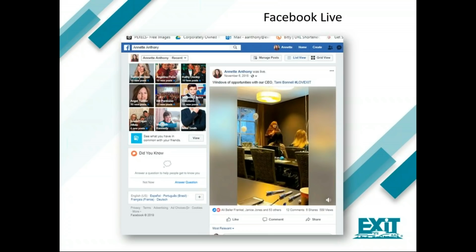But this was great because it was almost like saving a seat for you, like that empty seat right there in the shot. It's like you sitting there watching everything that's going on, everything that Tammy's saying. So it was really special to bring people in and have them engage with us.